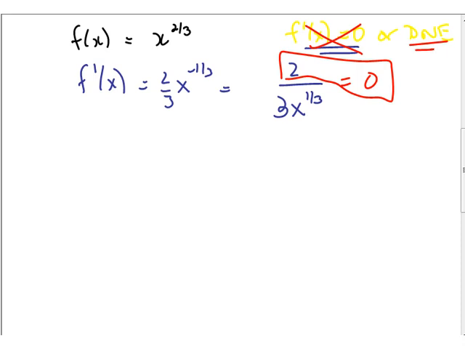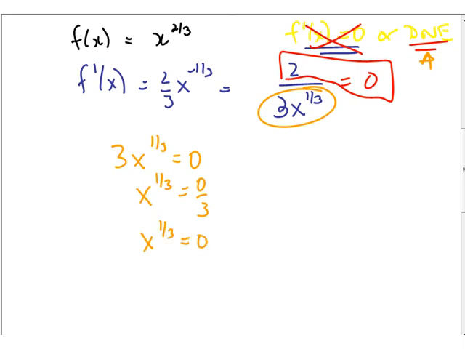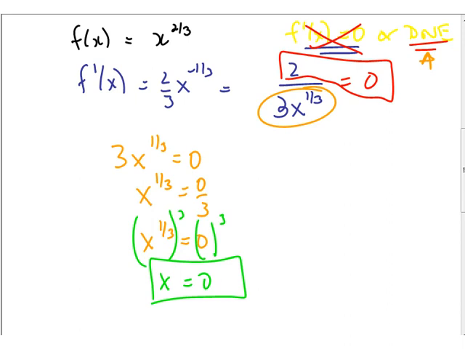But where does the derivative not exist? When the denominator is 0, because we can't divide by 0. So x to the 1/3 equals 0 is going to give me a derivative that doesn't exist. Divide both sides by 3. And now I'm going to cube both sides to get rid of that exponent. So x equals 0. So when x equals 0, I get a denominator that is 0, so the derivative doesn't exist,